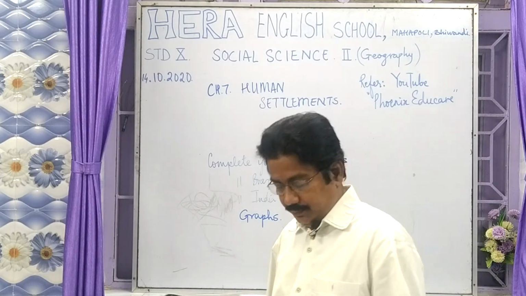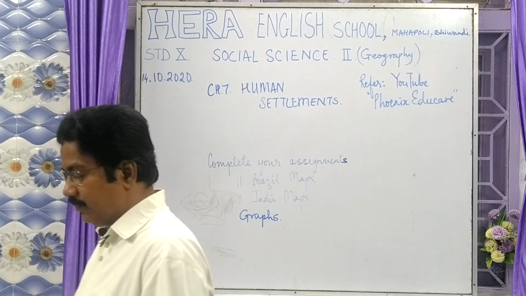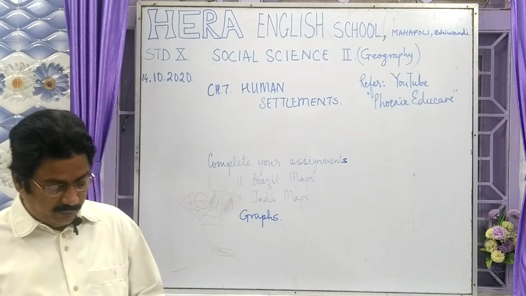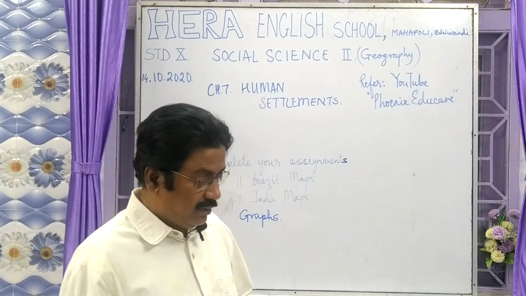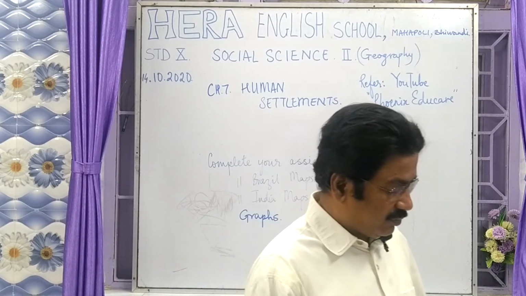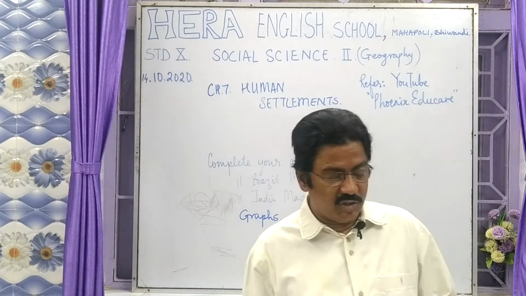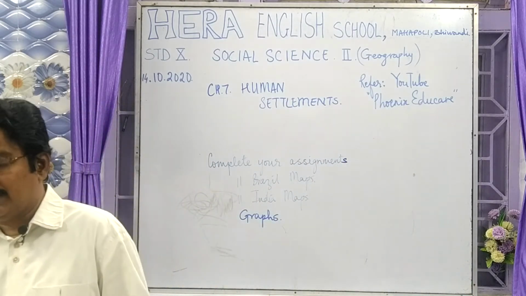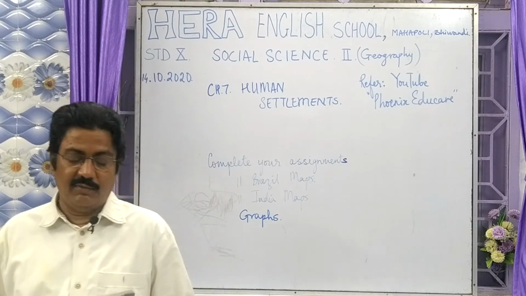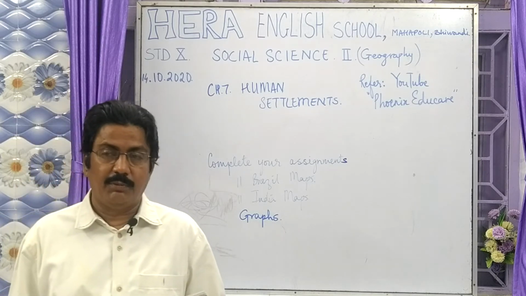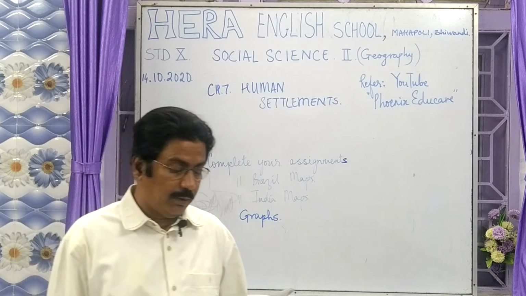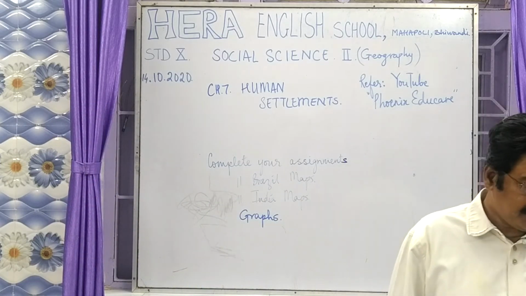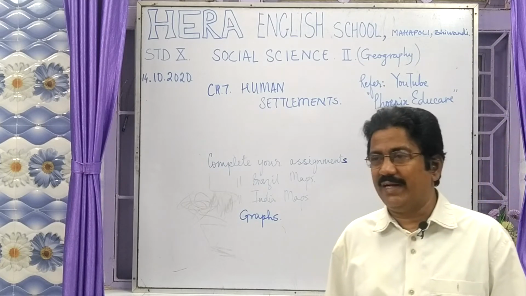Now let's move on to page number 48, where you have two graphs. We shall finish off with one graph at present. That's your line graph showing you the Indian trend of urbanization. Urbanization means the city life region, from 1961 to 2011. The level of urbanization is measured in terms of the percentage of urban population to total population. Urban population means all the city areas. Total population means the whole of India.